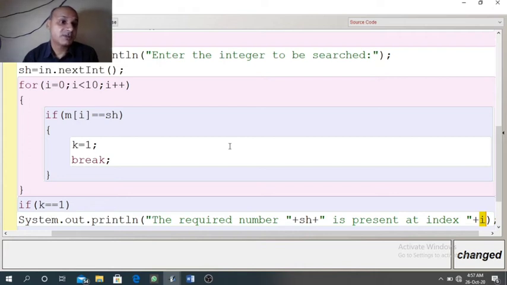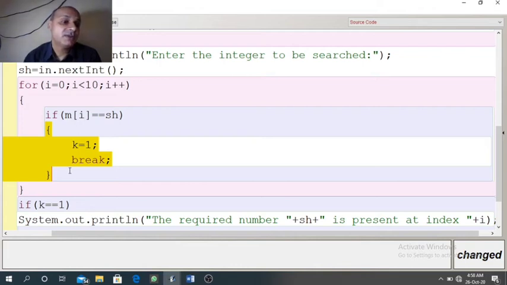Suppose the element is not present from the beginning till the end. So our loop will run from 0 to 9, 10 times. If it is not found, then in the last iteration when i equals 10, 10 is less than 10 is not satisfied, then the loop will terminate. So when the loop terminates without matching the search item in the array, this body of if will never execute.